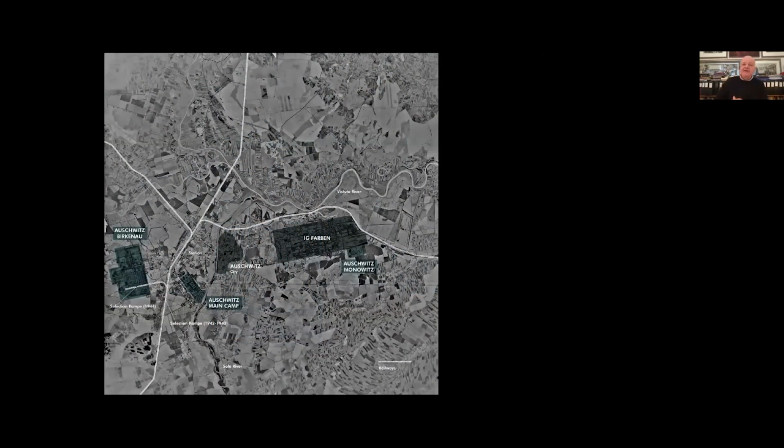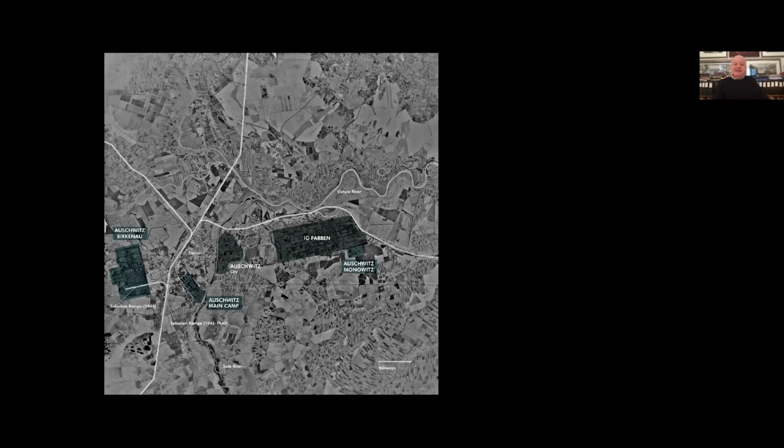So here we have an air photo taken in 1944 of the Auschwitz area. It shows at the center Auschwitz city. Then we show the main camp. We see in white the railway lines. It was, of course, an old border town, and it was a meeting point of the Austro-Hungarian, Russian, and German railways before 1914. We see the IG Farben site, the synthetic rubber factory, with the Auschwitz-Monowitz camp to the right, and Auschwitz-Birkenau to the left. And so these are the main pieces of the Auschwitz camp at that location.